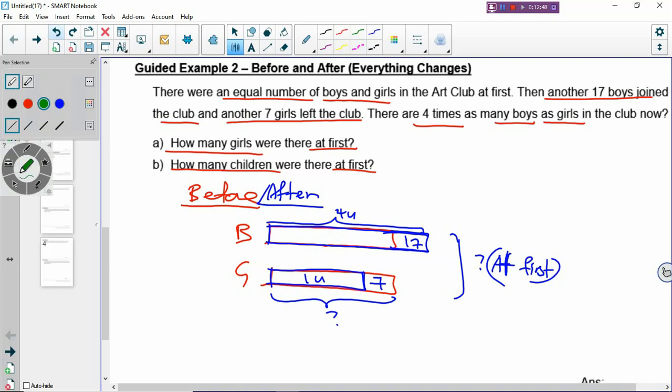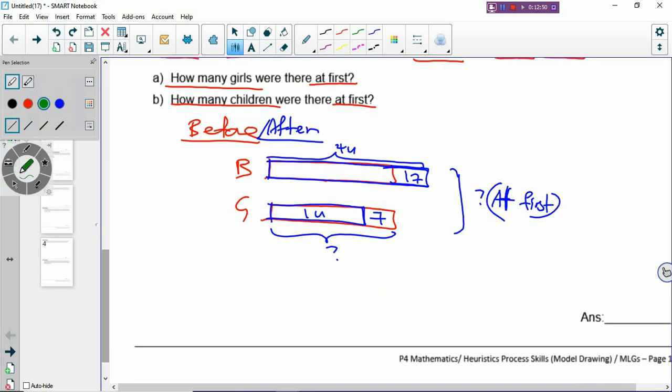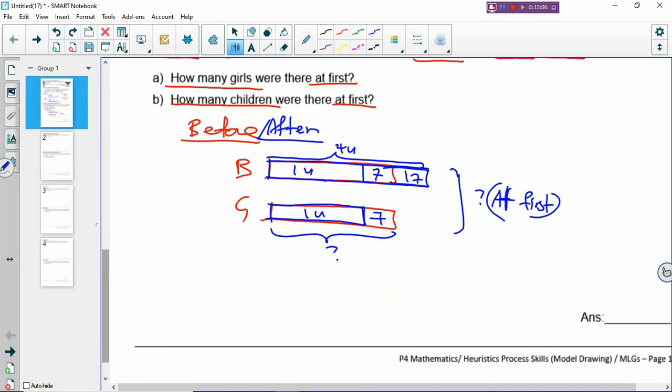And then so what do we do next? We look at the model to see whether we can solve it. And how do we solve it? It's actually not that hard. You cut the 1 unit above and below the same, and then above and below the same, 7. Right? And then immediately what do you see? You can see that